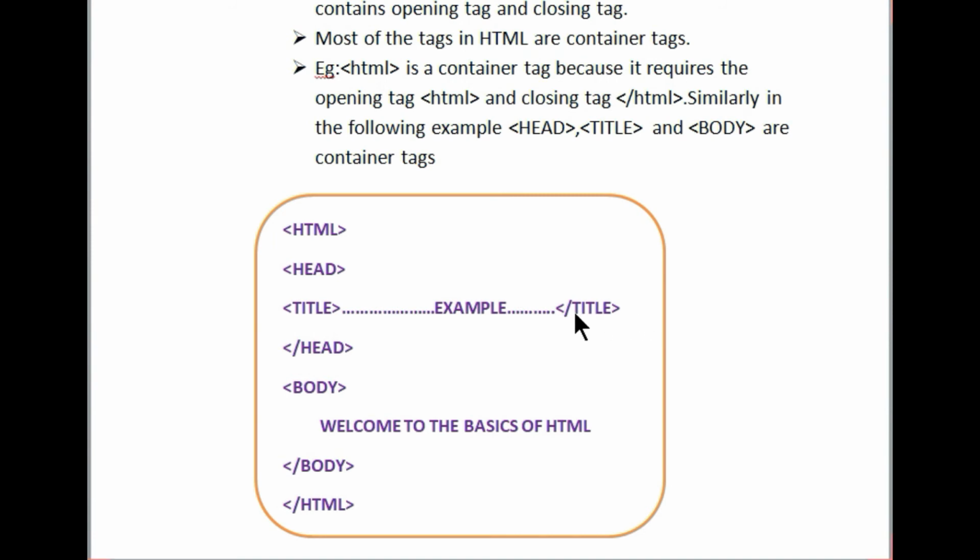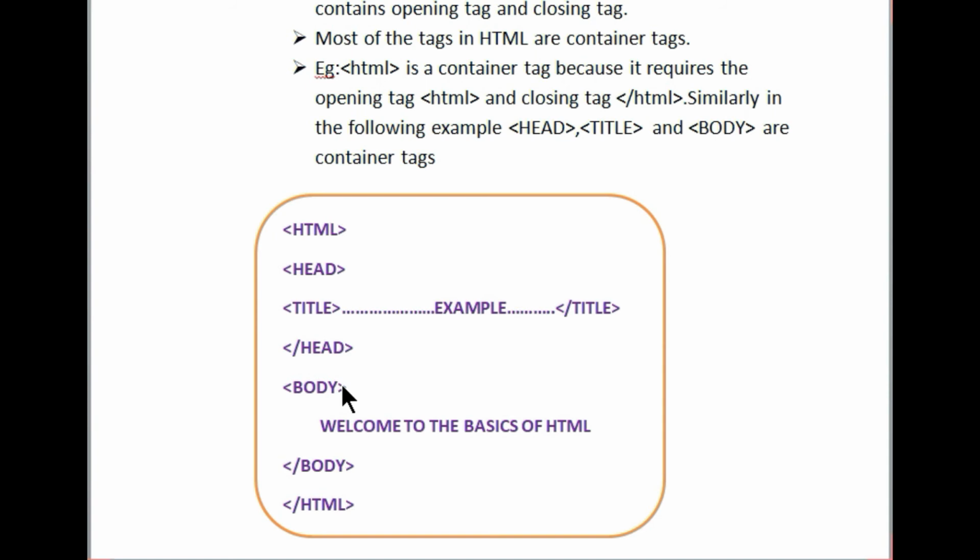How can we know this is the closing tag? Because in front of the command title it has a slash. Next command is body. Body is also a command used in HTML. For the body command to work, it requires both the opening tag and the closing tag. So this is the opening tag, this is the closing tag. So in this example, HTML, head, title, body are container tags.